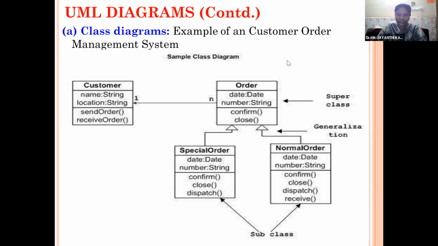What did we discuss in the previous class? In the previous class, we were discussing use case design and UML diagrams.